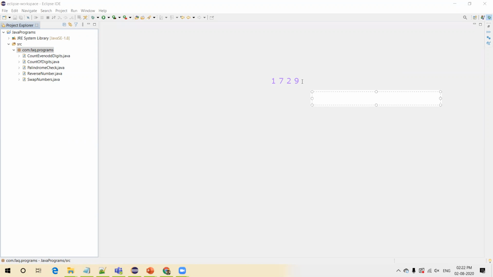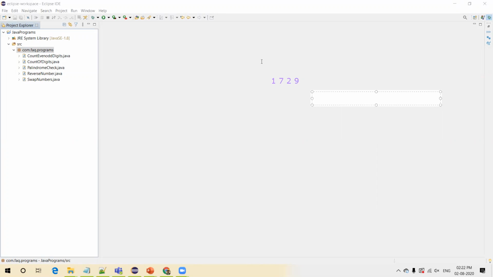What we'll do is, we'll pick up one digit in that number each time and we'll add it to some variable whenever we pick up one digit from the number. And then at the end, when we are done with all the digits in the number, we'll get the sum of all the digits in that variable.